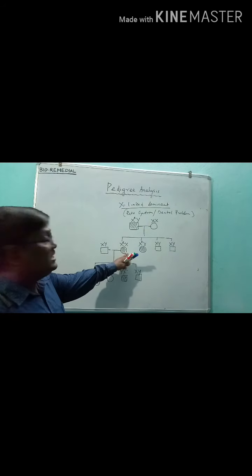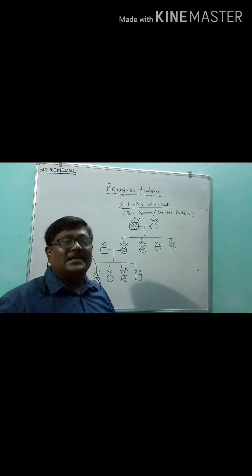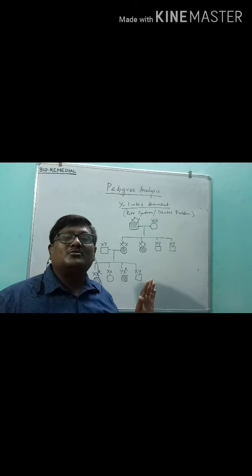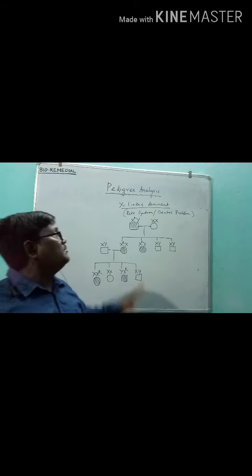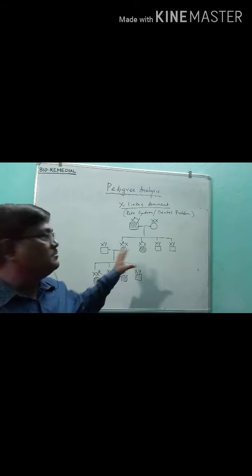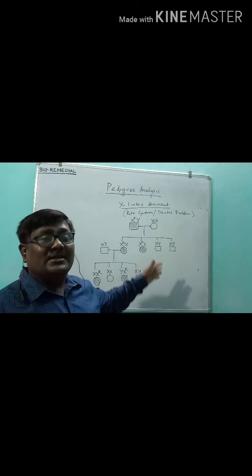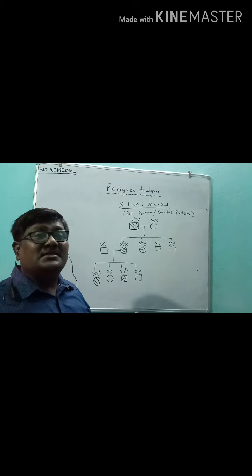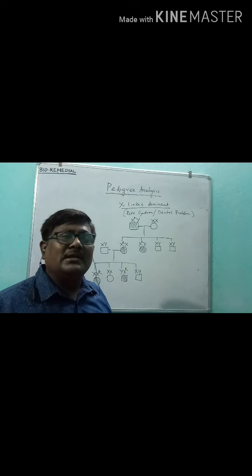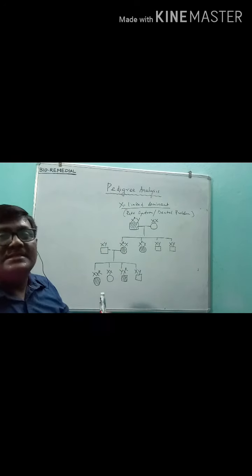So when the mother is defective, 50% of the daughters and 50% of the males are defective, diseased. When the father is defective, all daughters are defective. This is the beauty, this is the feature of X-linked dominant. So just look at this pedigree, you can understand how the diseases are transferred in X-linked dominant and X-linked recessive. If you observe all four varieties, any pedigree chart you can easily solve. So look at the next part, X-linked recessive trait.